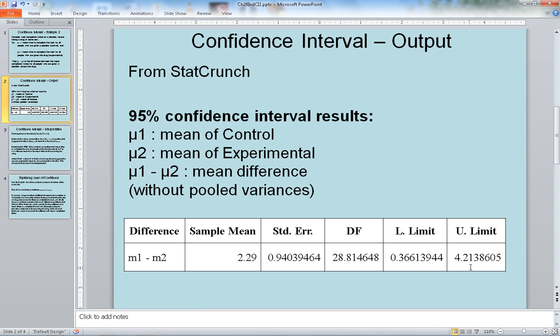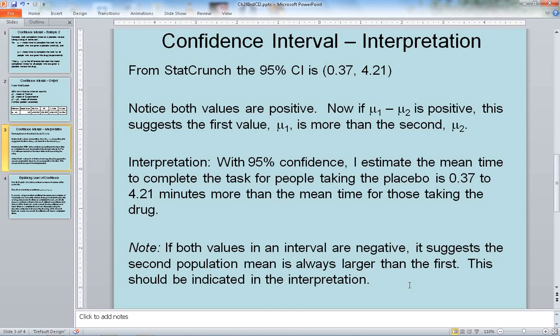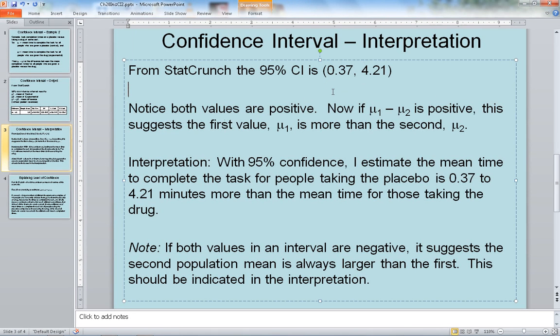So next, we want to interpret what the lower and upper limit tell us. So the interval, let's round off to the hundredths digit, runs from 0.37 to 4.21. Now notice that both values are positive. There's not a negative sign sitting in front of the first value, so we know both values are positive. Now if the difference is positive, that tells you the first number is bigger than the second number. So what that tells me is that mu1 is always going to be bigger than mu2 in terms of our